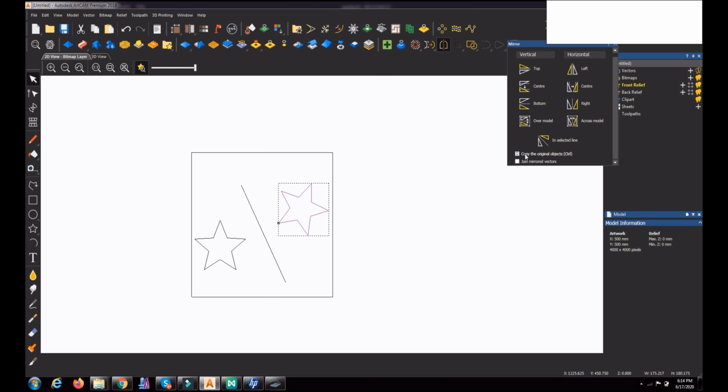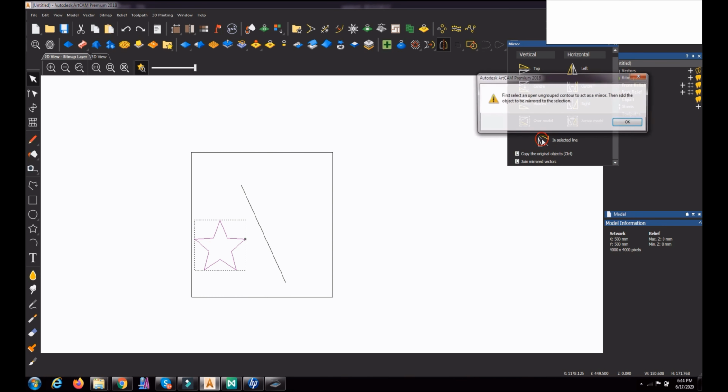Here some options are there. Copy the original object means the original object will remain and will not be deleted. And there is one more option, join the mirrored vectors. If these two touch each other, they can be joined together. So if you click it and use the join together command,